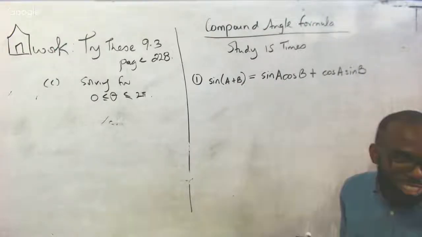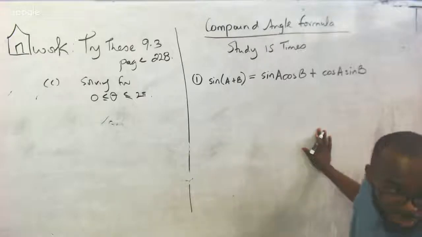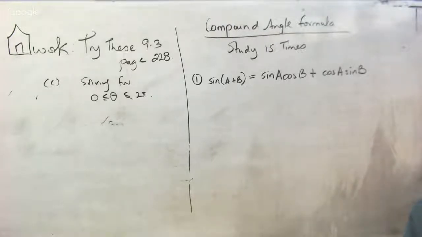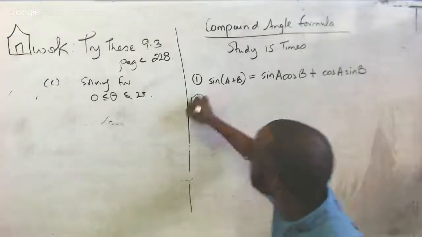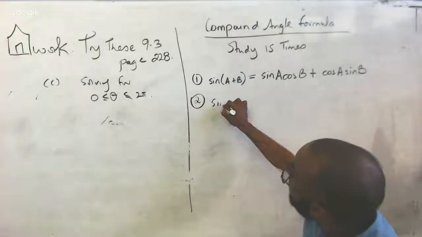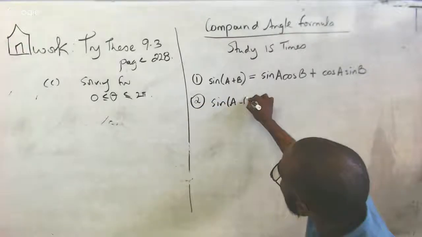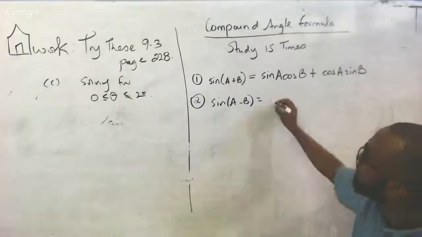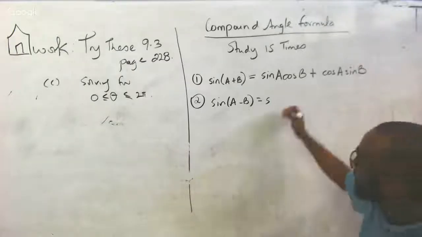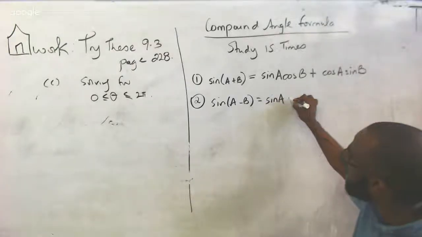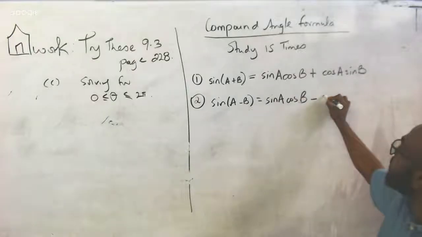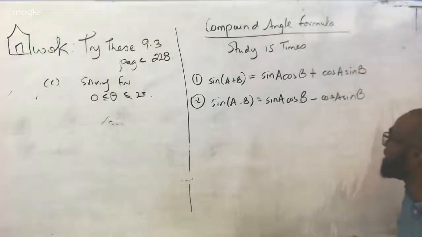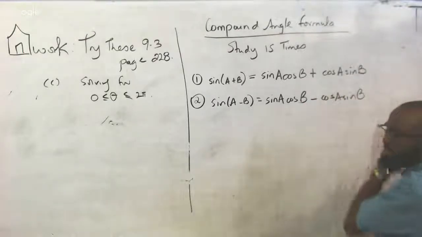It's on the formula sheet, but you're going to use it so much. Can you imagine turning back to the formula sheet 5 times in one exam for this one formula? 2. Sine of A minus B: start with sine. So you see the pattern. Sine alternates. Sine keeps the sign, so it's a minus. And then cosine of A, sine of B. See A and then B all the time.